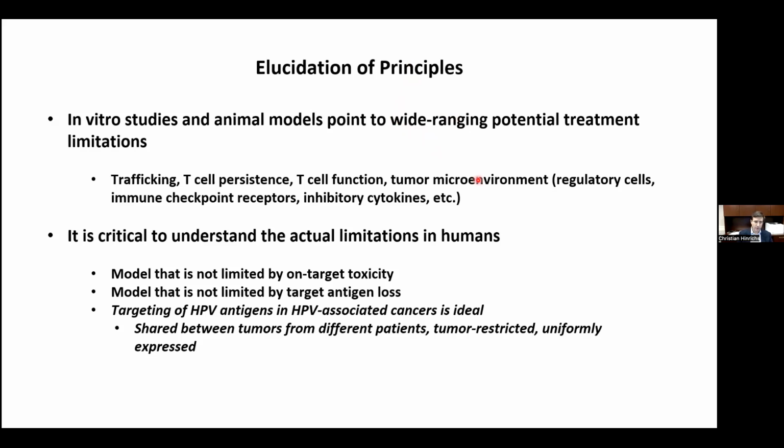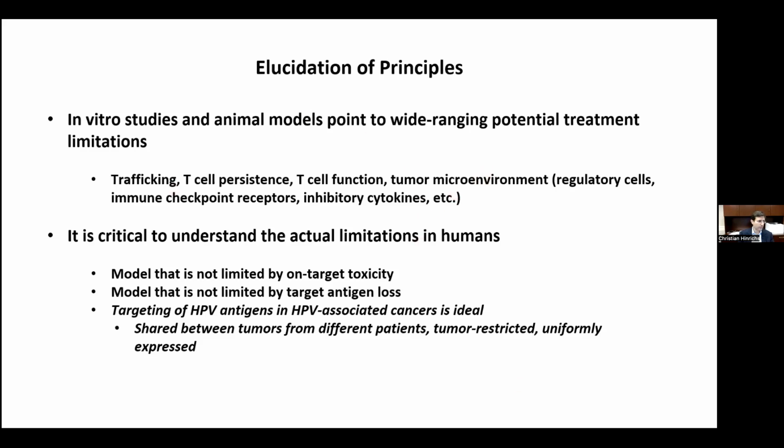So to do this, we need in humans a model that's not limited by on-target toxicity and a model that's not limited by target antigen loss. And really the ideal model for this, I think across all of epithelial cancers, is the targeting of HPV antigens in HPV-associated cancers. That's because the HPV oncoproteins, E6 and E7, are shared between tumors from different patients. They're tumor restricted, in other words, not expressed by healthy tissues, and they're uniformly expressed. And this is a really unique constellation of characteristics in epithelial cancers and a huge advantage for early development and